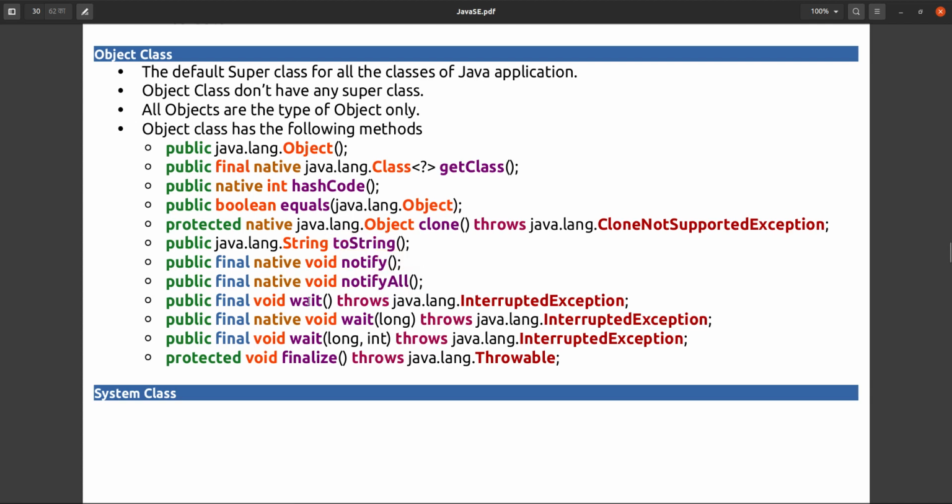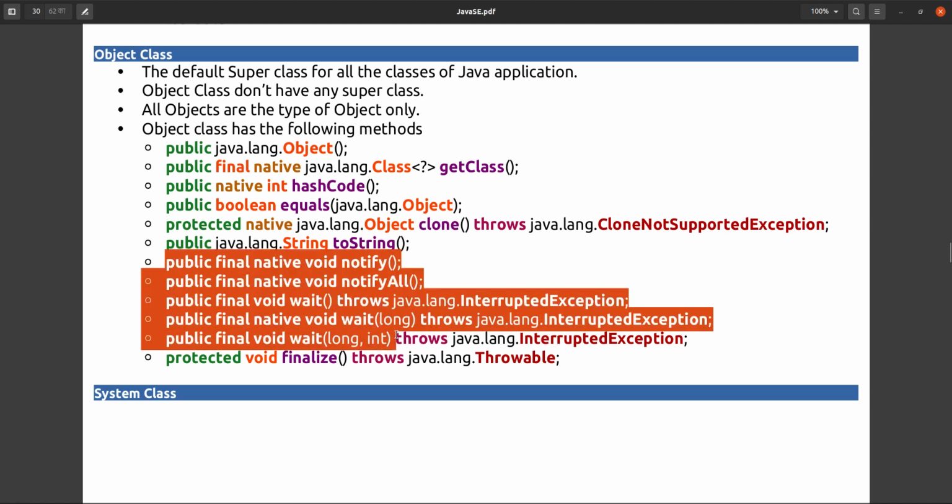notifyAll, wait with a long parameter, and wait with a long parameter and an int. These are the notify, notifyAll and wait methods. These are all related to the threading environment. You can use these methods only when your object is being used inside a thread.